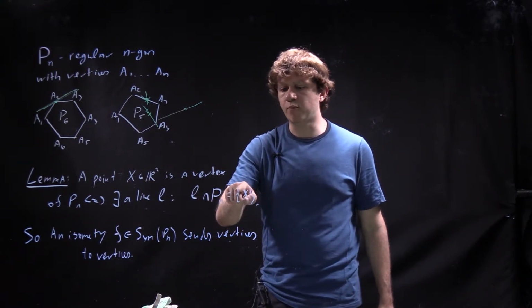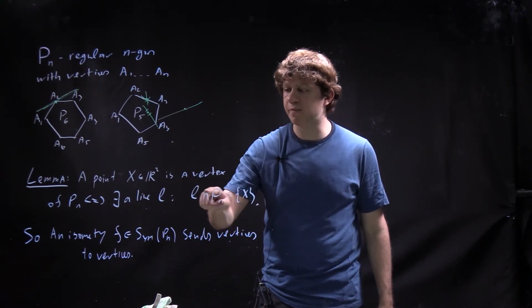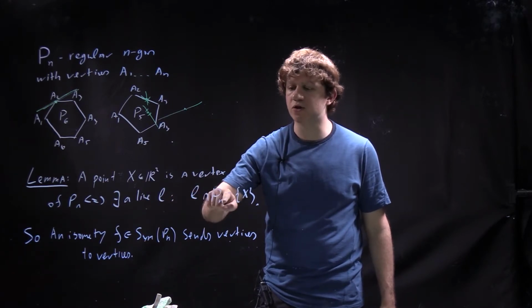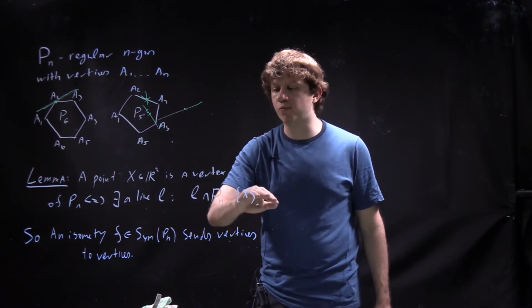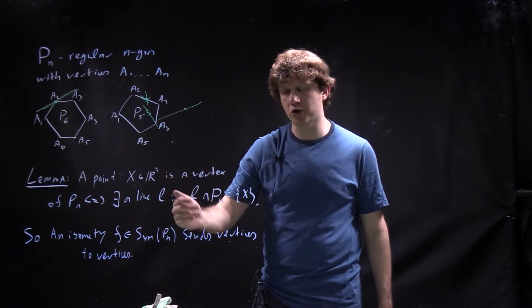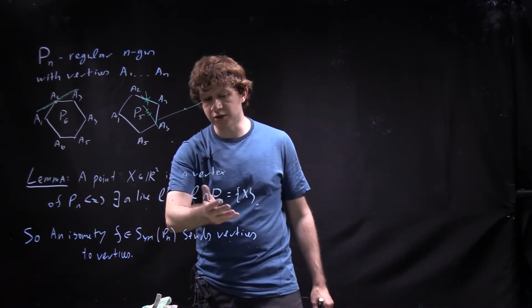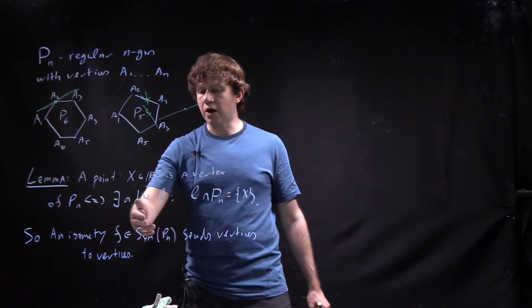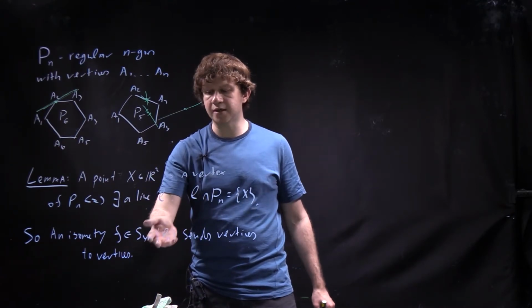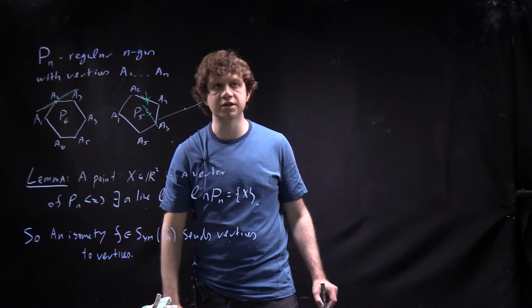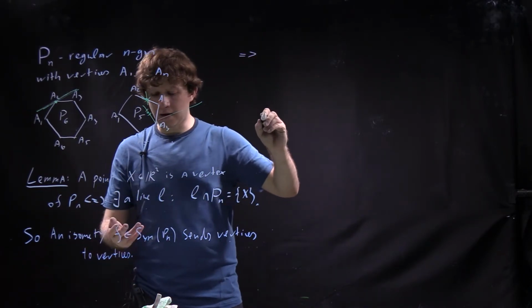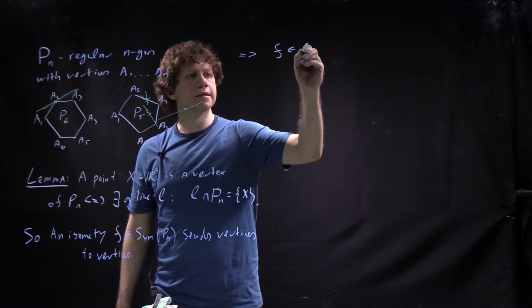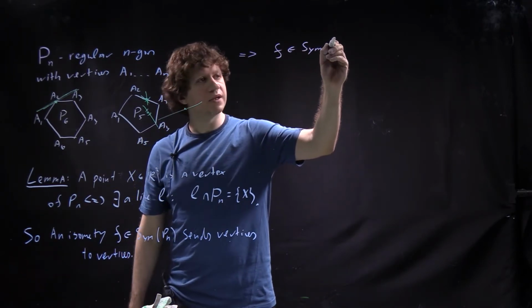And so if you take a point which is characterized by the fact that there exists a line which intersects the polygon exactly in this point, then it will go to a point which satisfies the same condition. And so vertices go to vertices. Also, F is a bijection, so distinct vertices go to distinct vertices. So then F inside Sim of Pn